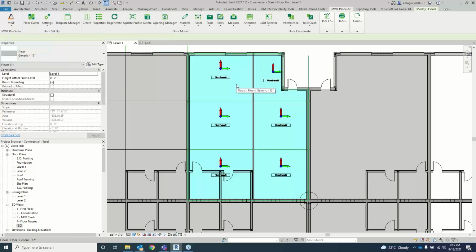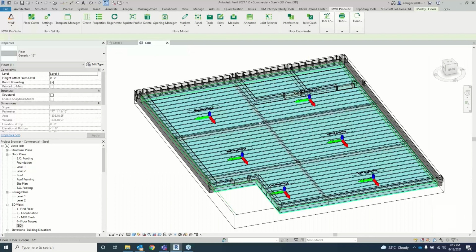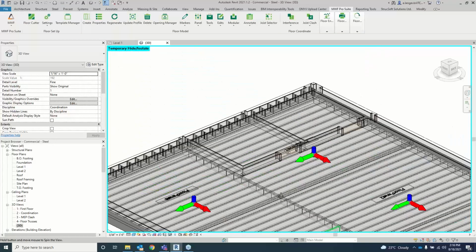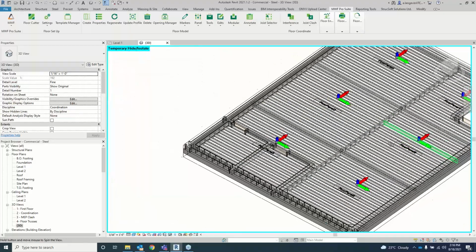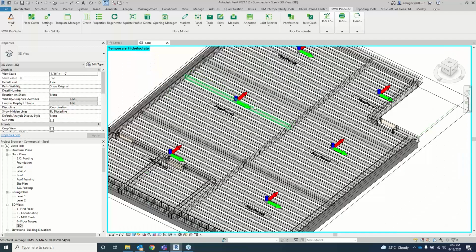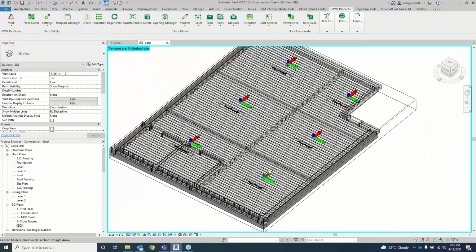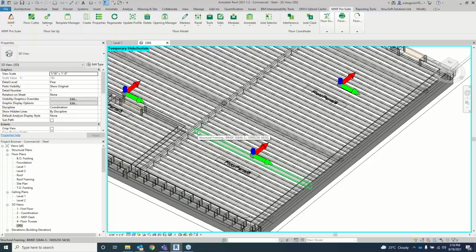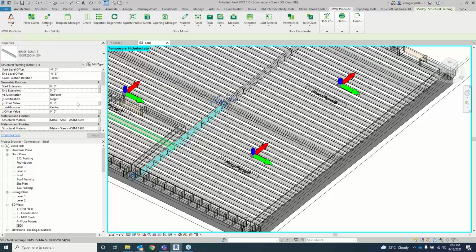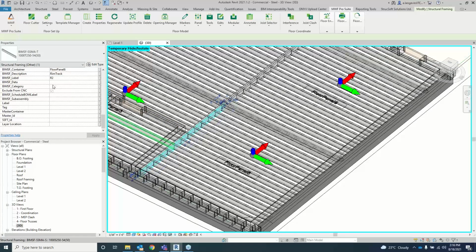Now I'm going to grab my floor so that we can actually see the system created. And I'm going to hide it, the Revit floor, so we can kind of just see the studs. The joists. Okay. So now this is all created. Okay, so while I'm in here, what I wanted to say before was that you'll notice here the green arrow, as I mentioned, is letting us know that we're starting from the left side here. So this should be, so we have a rim board